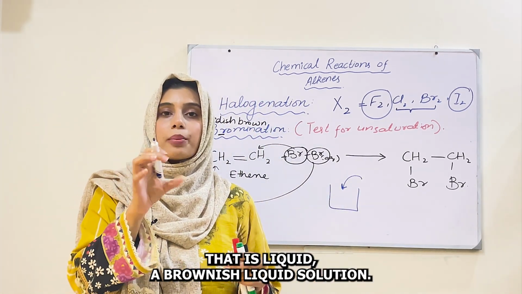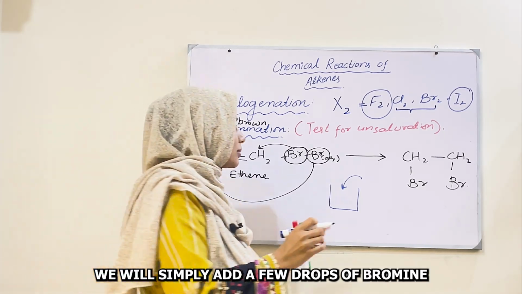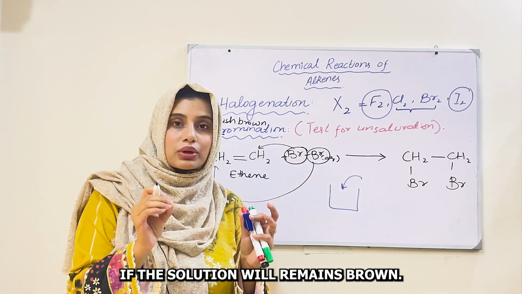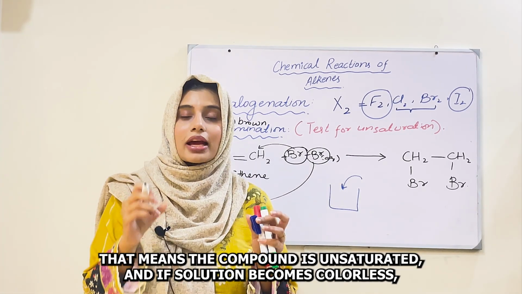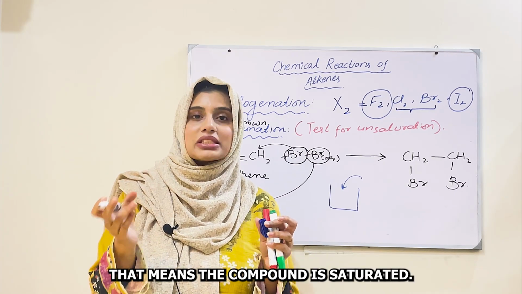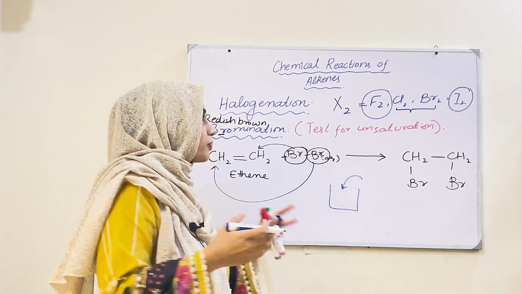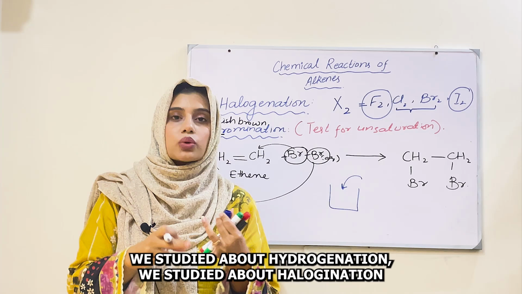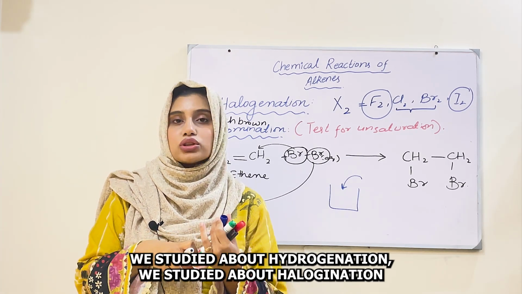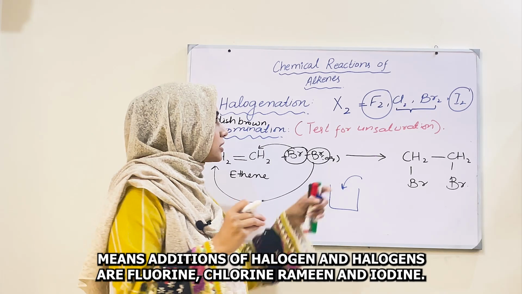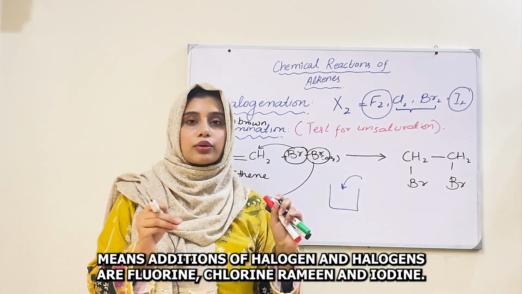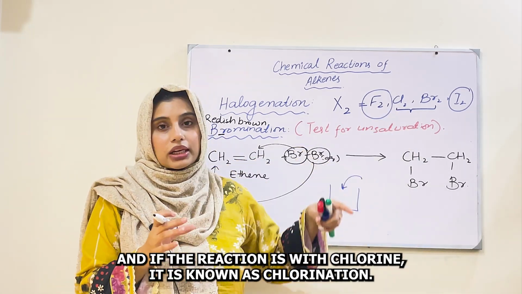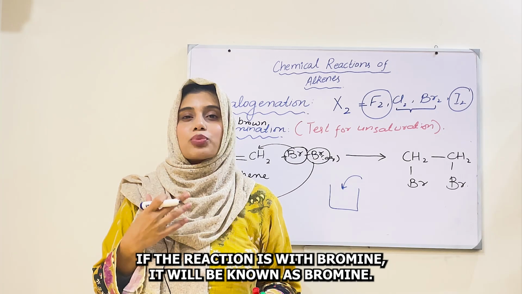That is a brownish liquid solution. We will simply add a few drops of bromine. If the solution remains brown, that means the compound is unsaturated, and if the solution becomes colorless, that means the compound is saturated. I hope till this point you are clear about two reactions. We studied hydrogenation, we studied halogenation. Halogenation means addition of halogen, and halogens are fluorine, chlorine, bromine and iodine. I gave you all the reasons for the reactions, and if the reaction is with chlorine, it is known as chlorination. If the reaction is with bromine, it will be known as